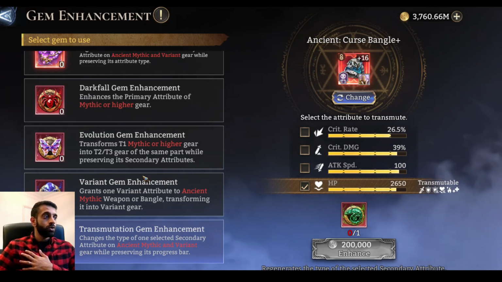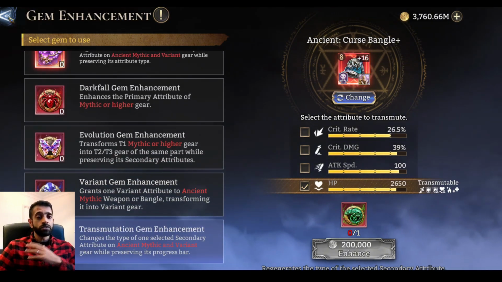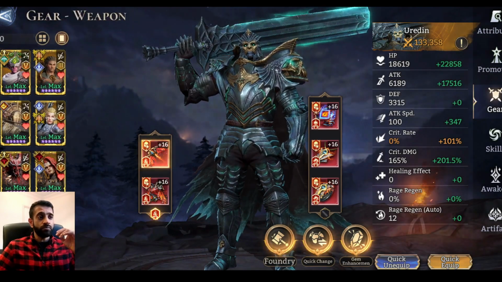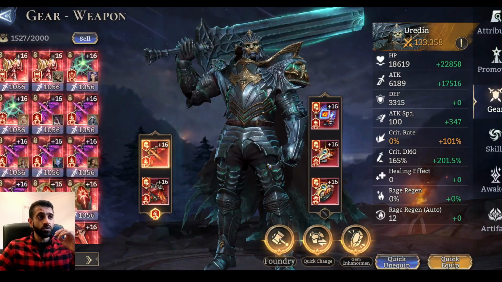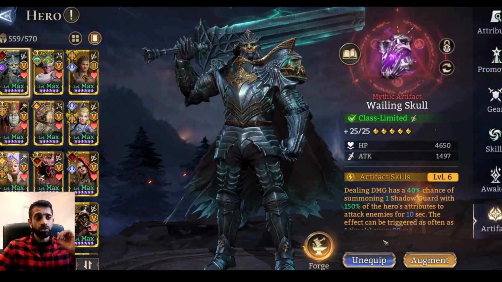Yeah. So yeah, those are the pieces. Those are the gem enhancements for armor. Obviously, you have the same thing for these kind of pieces as well. And then the next gems that you can actually